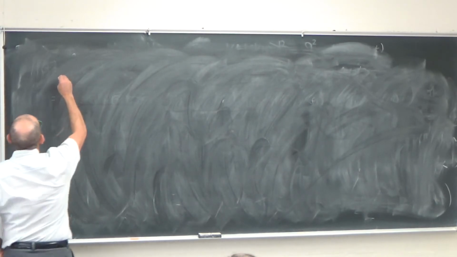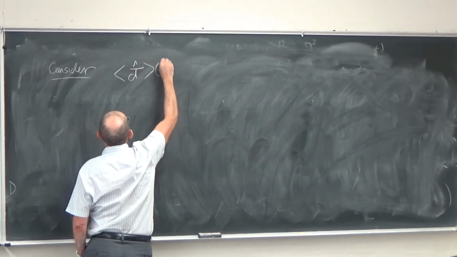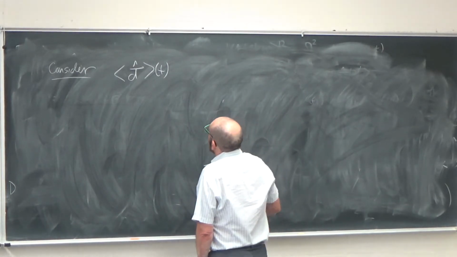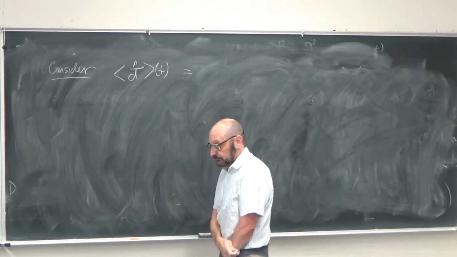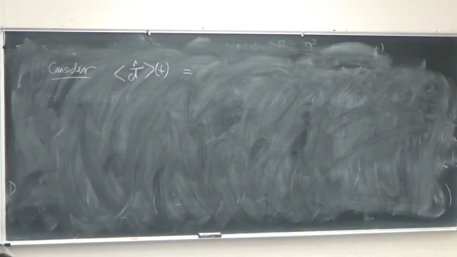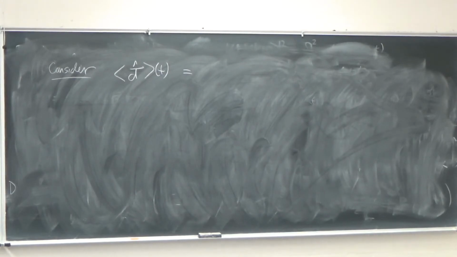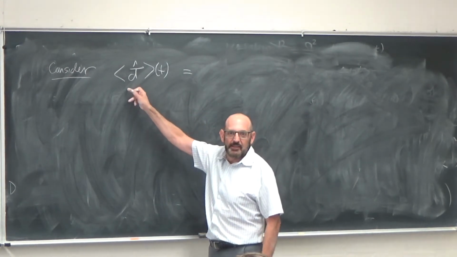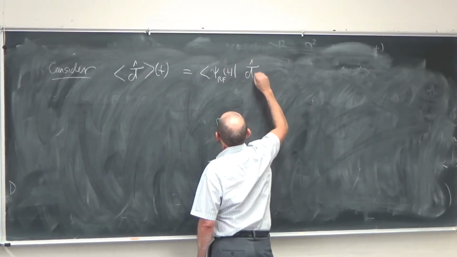So let's look at how does the dipole moment, the expected value of the dipole moment, evolve as a function of time. Okay? So, what is this equal to? Well, first thing we need to do, we're in the rotating frame, so all of the operators and states need to be in the same picture. So we have to go to the rotating frame to write the dipole in the rotating frame. So this is equal to the state in the rotating frame at time t, the dipole operator in the rotating frame,